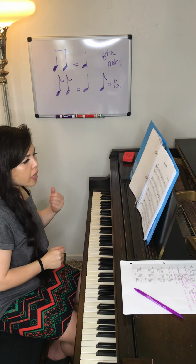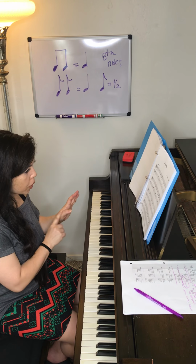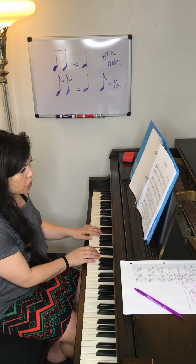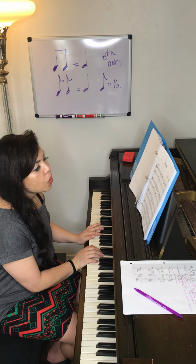So Reveille, you'll recognize it as the US Army bugle call. So now they're asking you to put your left hand thumb on G, okay, and right hand thumb on C. So it's gonna be here and here. So 1, 2, 3, G, C, 2